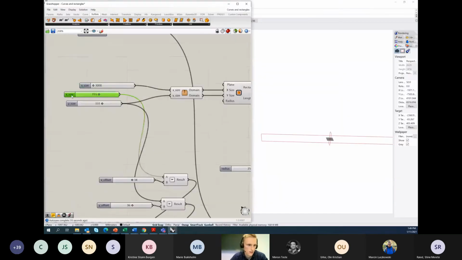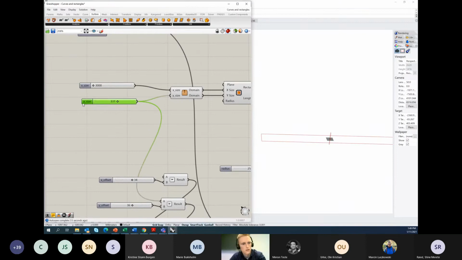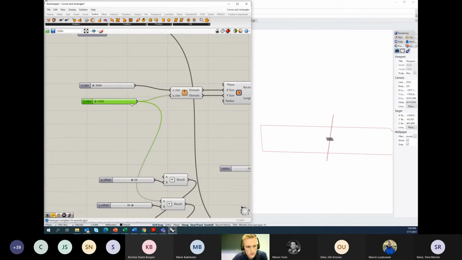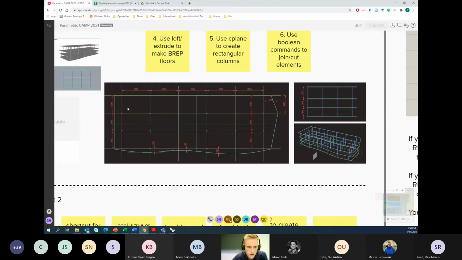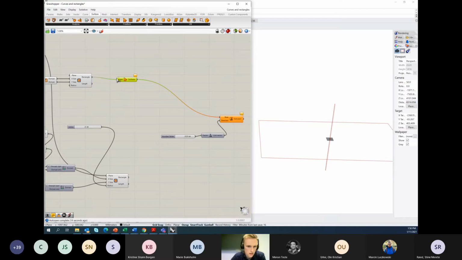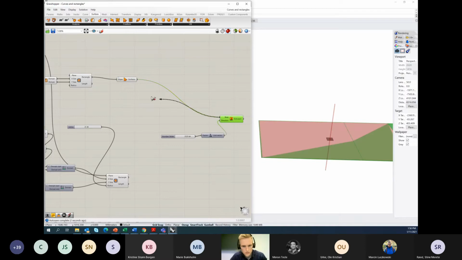Let's say that that should be from 12 meters to 20 meters. Right, so there we have our domain for our columns. And if I now connect the boundary surface again, remove this,